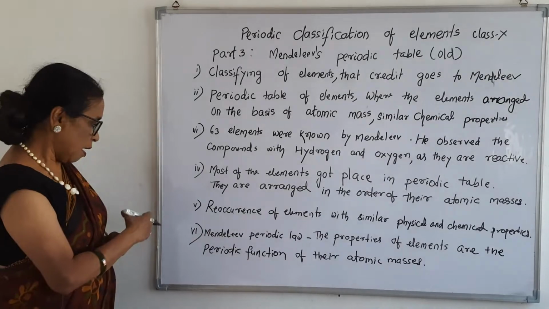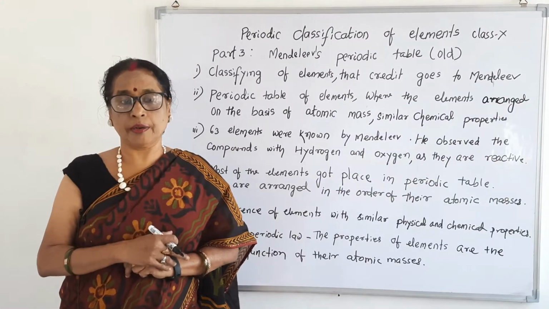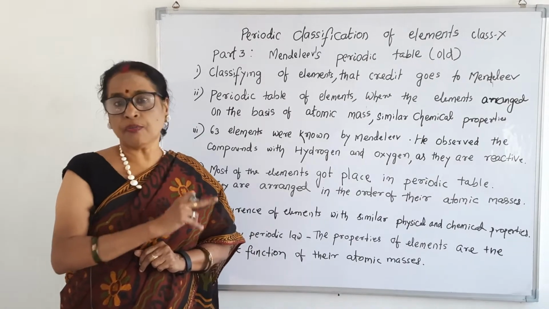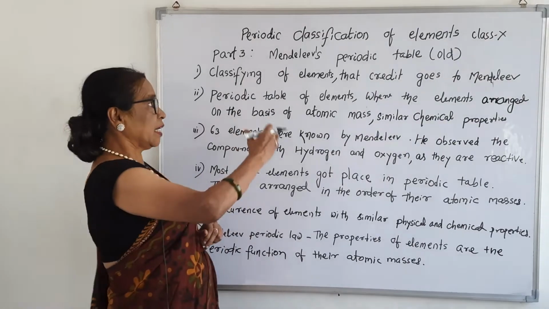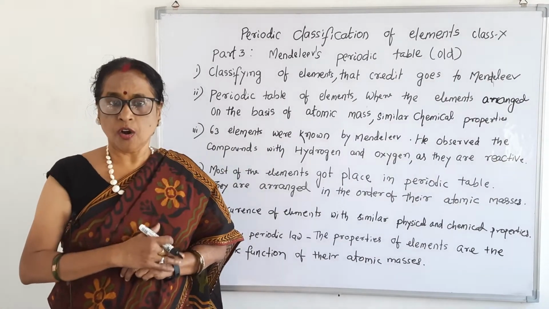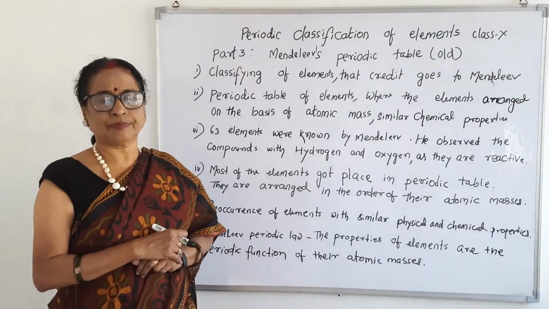Now, Mendeleev's periodic law. That is the old form of the periodic law. Remember, it is not the new or modern form of the periodic law. It is the old form. Mendeleev proposed a periodic law. What is that periodic law? The properties of elements